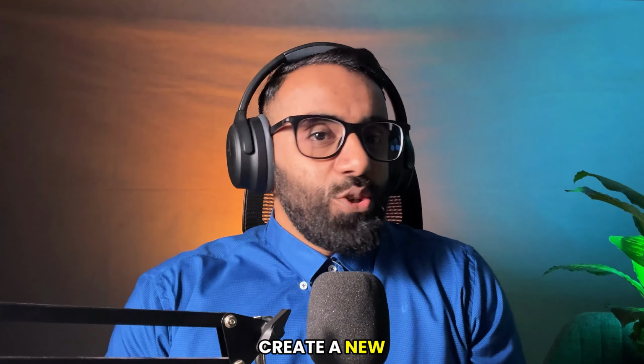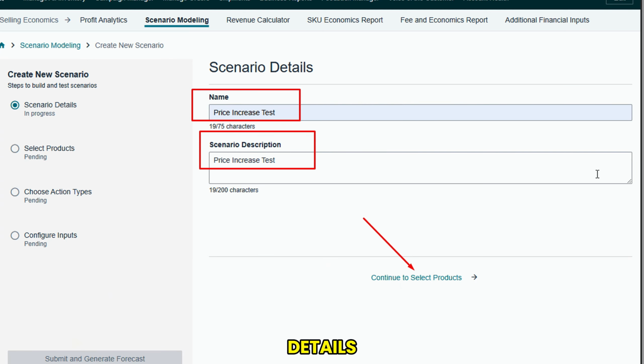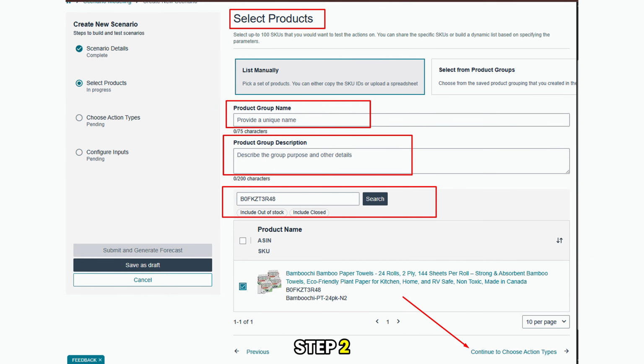So let me create a new scenario. To create a new scenario, start by clicking Create a New Scenario. Step 1 is add your scenario details, including the name and short description. Then click Continue to select products. Step 2, now